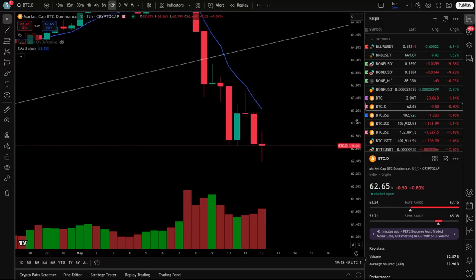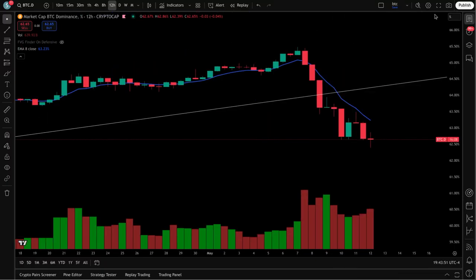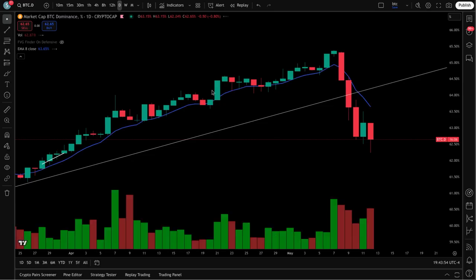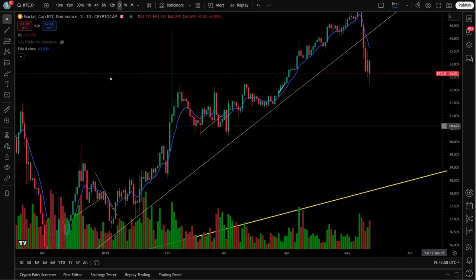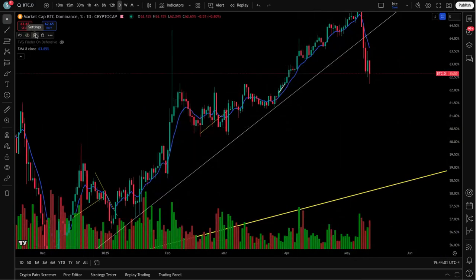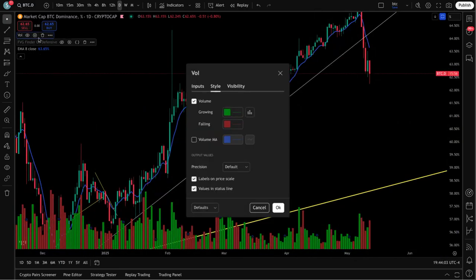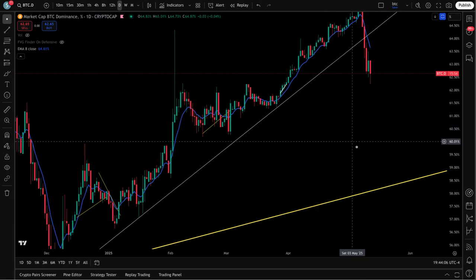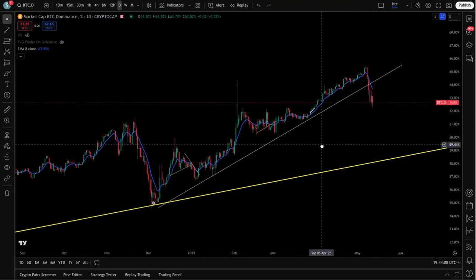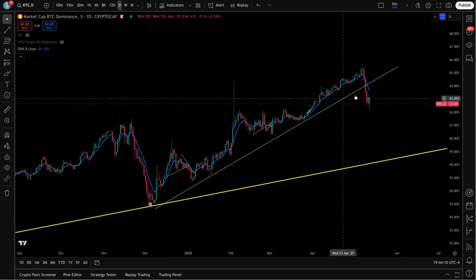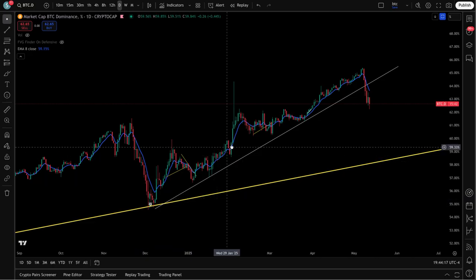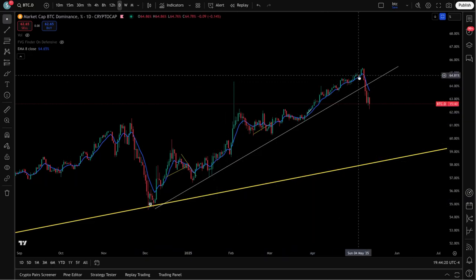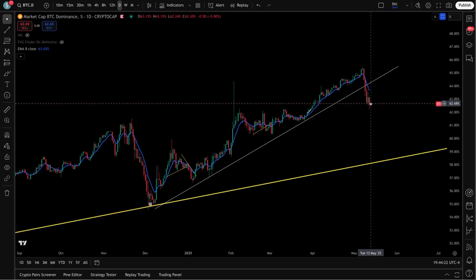You can see the break here on a daily. Make it a little bit easier to see. Look at that. Look at Bitcoin dominance. Let's get this volume out of the way. Hide that. Sorry about that. There we go. All right. So there's your trend line, this white line, coming up through here, and finally it's broken. It started back at the beginning of December, January, February, March, April, May, and finally starting to break.